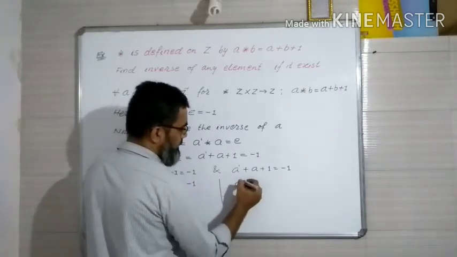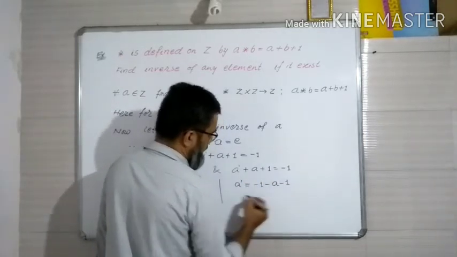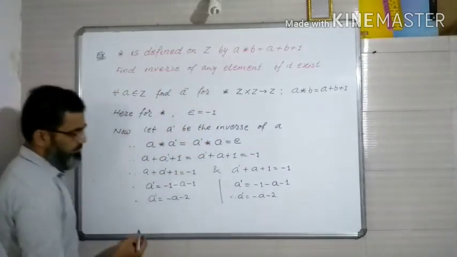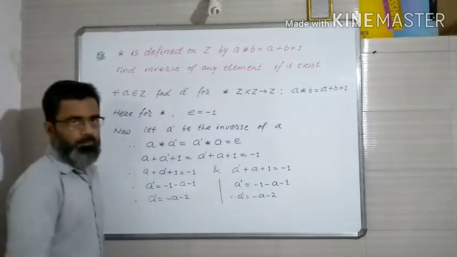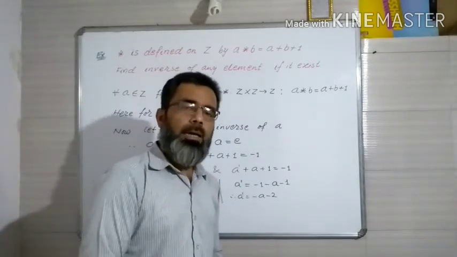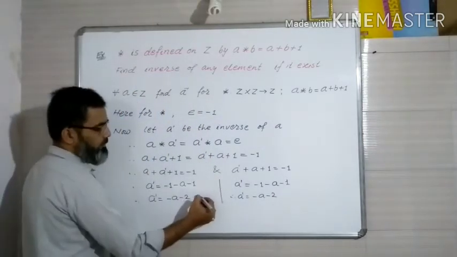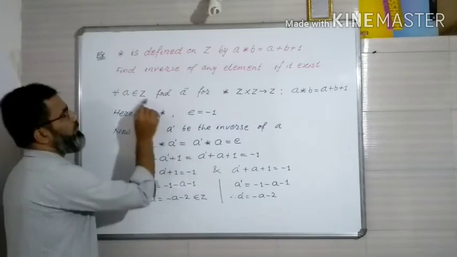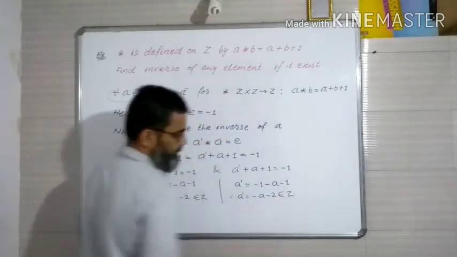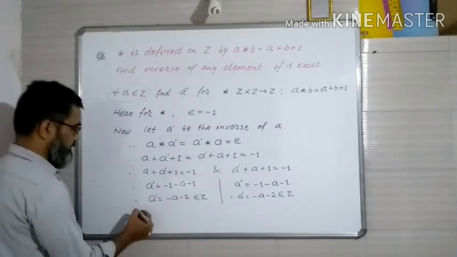Here also the same calculation will occur. -1 -A -1. So I get A dash is equal to -A -2. See this, दोनों इक्वल है, सेम है। और यहाँ पे भी आपको ये बात याद रखनी है कि वो जिस सेट पर बाइनरी ऑपरेशन डिफाइंड है उसी सेट में मिलना चाहिए। तो ये Z में है, belongs to Z because this binary operation is defined on set Z, so it should belong to Z. So ये मिल गया, तो अब हम लिख सकते हैं